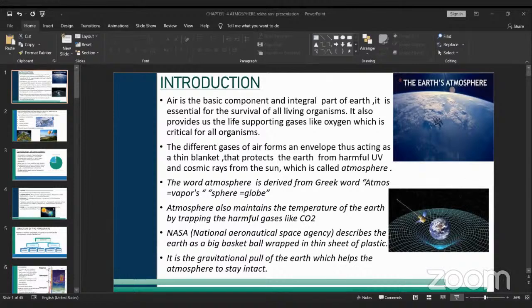Now we have different types of winds: the planetary winds, primary winds, secondary winds, and tertiary winds. The primary winds are nothing but the planetary winds, and these are the permanent winds. The secondary winds are the seasonal and periodic winds. In the secondary winds, we have the monsoons, which develop over the Indian subcontinent and the Southeast Asian countries. And the tertiary winds are the local winds, which cover small local areas only. For example, Chinooks and winds like that.